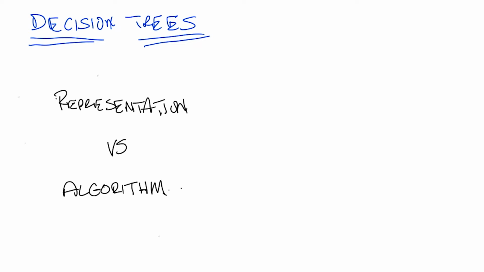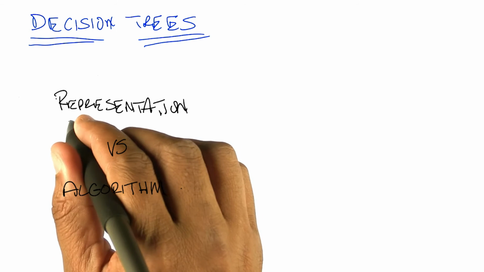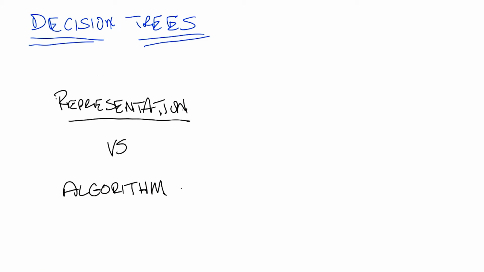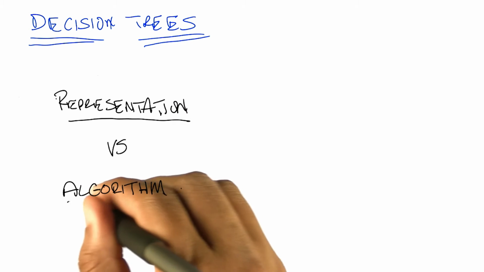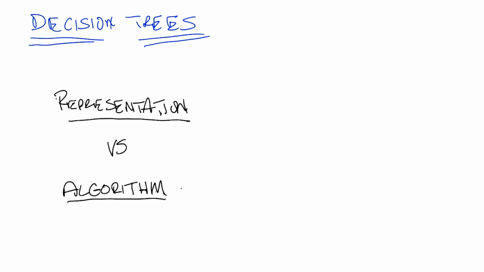So the first thing that we want to do is separate out what a decision tree is from the algorithm that you might use to build a decision tree. The first thing we want to think about is the fact that a decision tree is a specific representation. Only after we understand that representation and go through an example will we start thinking about an algorithm for finding or building a decision tree. Okay? Are you with me? Yeah. Excellent.